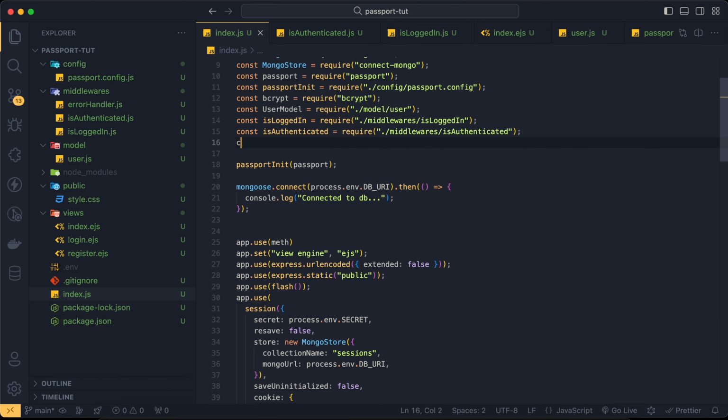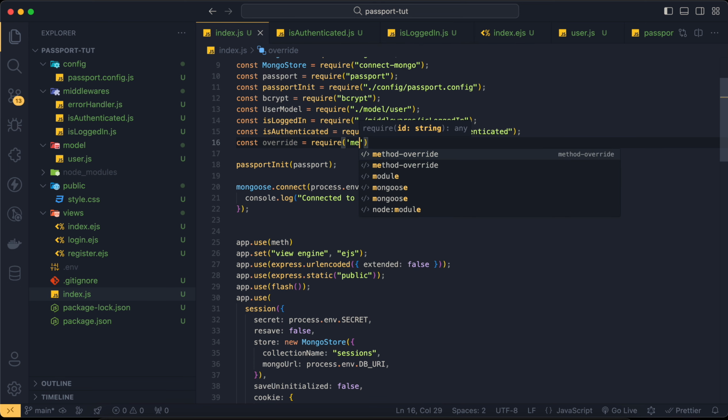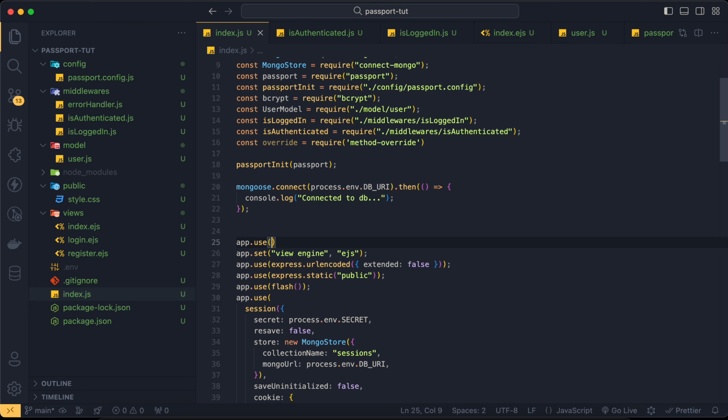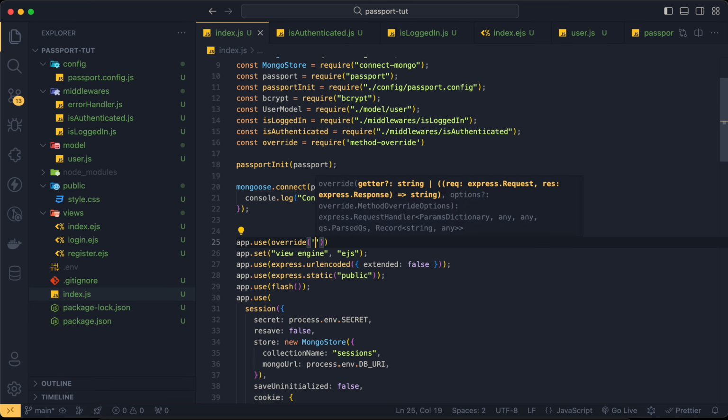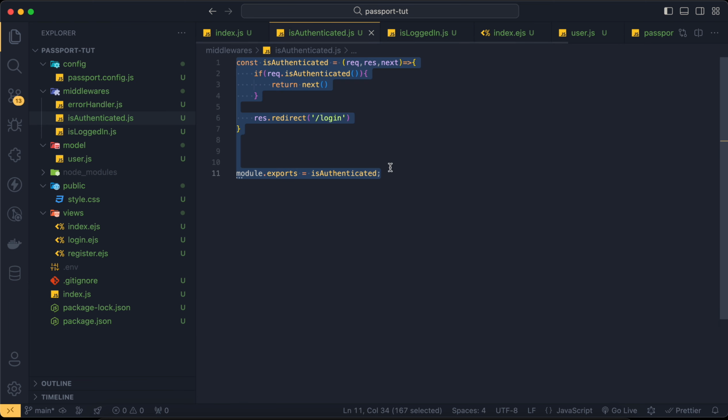Go ahead and copy that, say override, and what we're going to say is _method. All right, so if everything seems to be fine